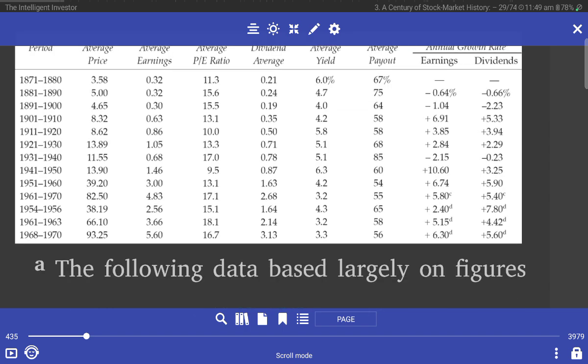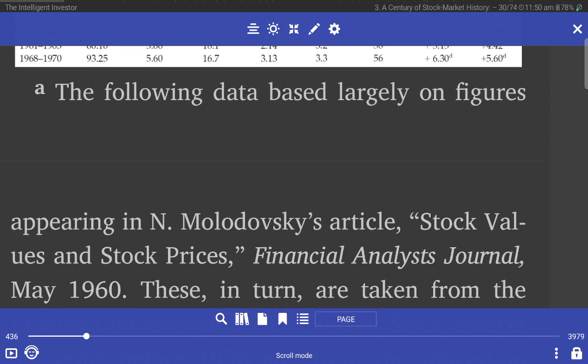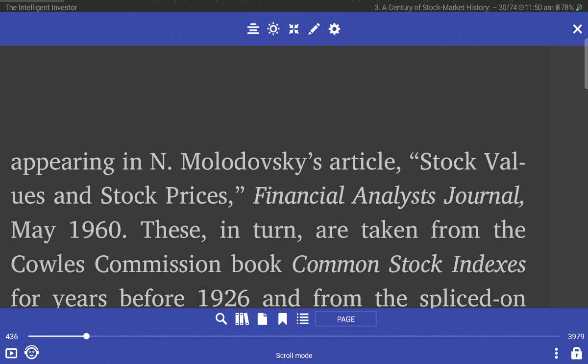Dividend averages: 0.21, 24, 19, 35, 0.5, 0.75, 0.78, 1, 2, 3. Okay. Average yield 6, 6, 4, 4, 4. Average payout 65, 75, 64, 58. Okay, it's increasing. The following data are largely based on the figures that appear in the